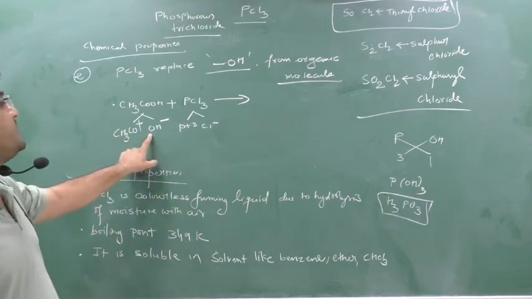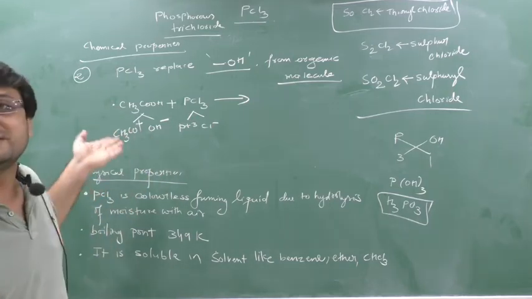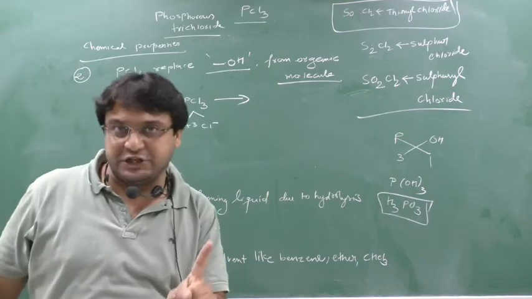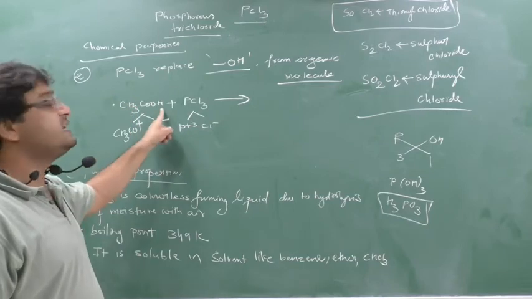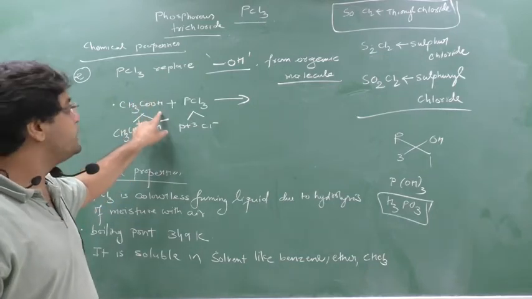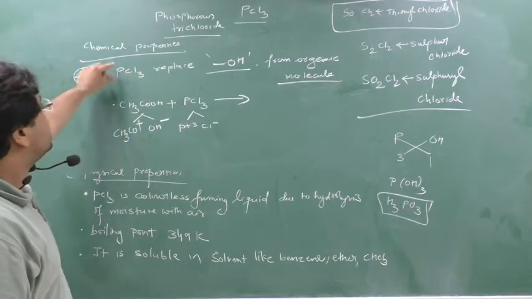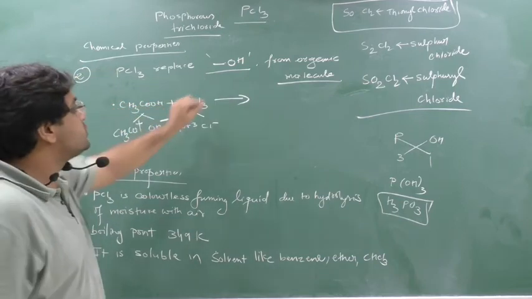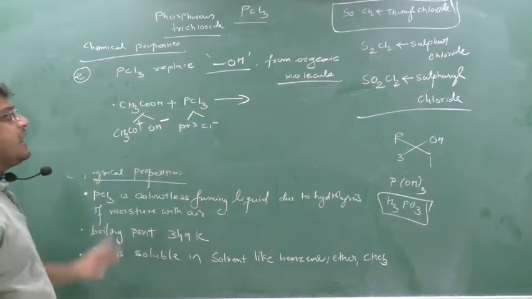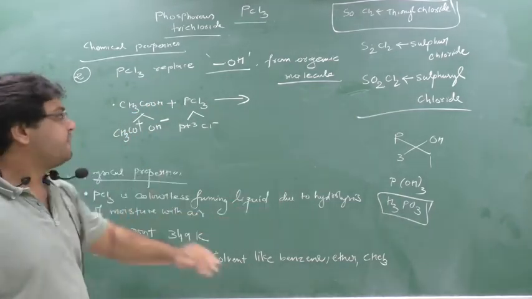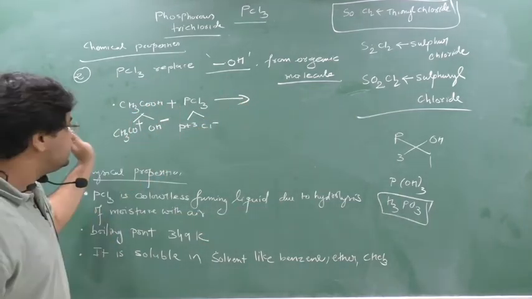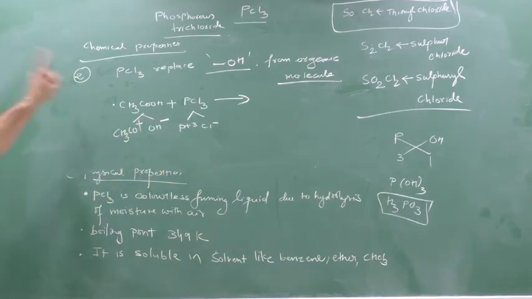So to get a correct answer, I am doing this. If I crack OH minus from here, I am proving this is a base. But this is not a base, this is an acid only, and an acid produces H plus. But PCl3 is not replacing H, it is replacing OH. As I know that PCl3 is replacing OH, that's why I am doing the cracking this way. This cracking is only to get the correct answer. After writing the answer, please rough it out, okay?